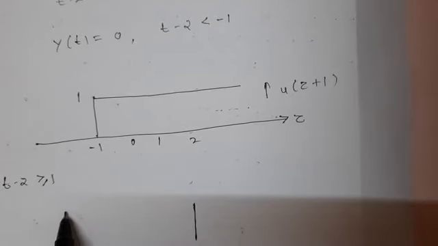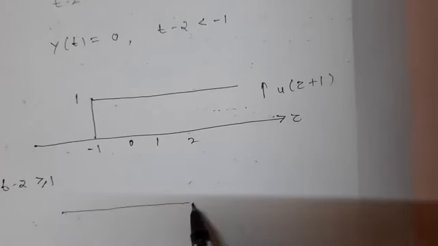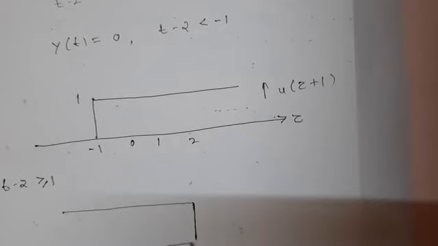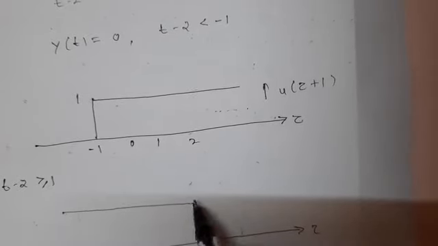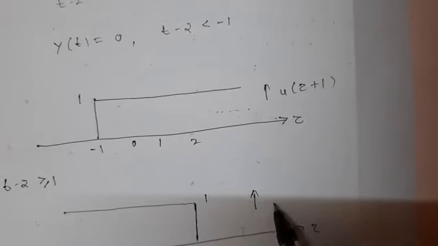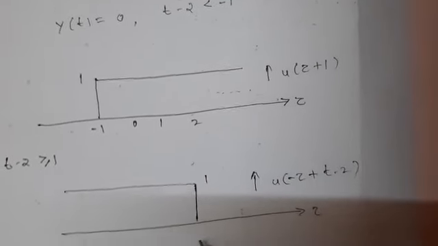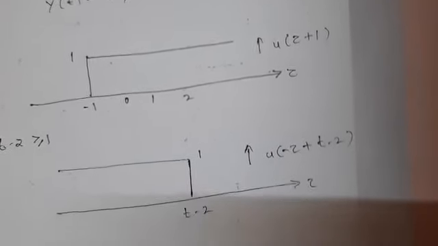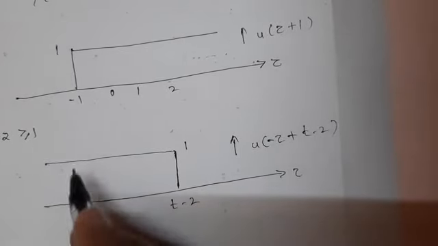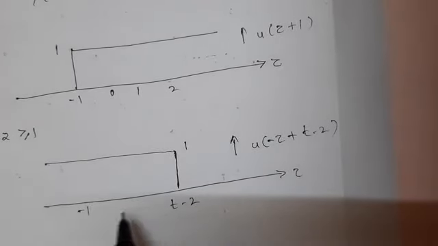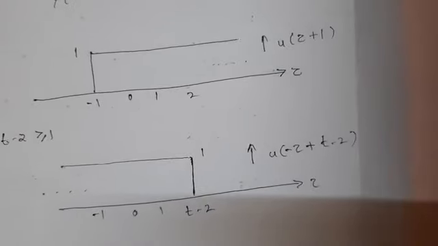And what is that signal? It is extending towards the left side, and hence you have to draw this signal with an amplitude 1. As I told, it is u of minus tau plus t minus 2. This signal is shifted by t minus 2. You might have somewhere here minus 1, 0, 1, and so on, which is extending towards the left side.